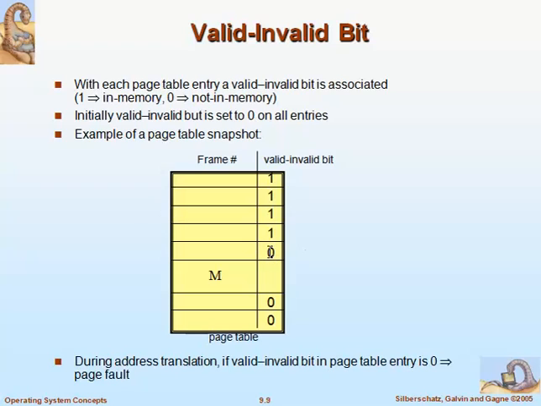If it is a valid reference to the memory, then the meaning is that it is not in the main memory. So this particular requested page is not available in the main memory. So what needs to be done? That particular page, which is residing on the disk, has to be loaded into the main memory. In a later slide we'll see how that sequence of events happens. The operating system will get that particular page from the disk or the secondary memory and load it onto the main memory, and also it will update the page table.